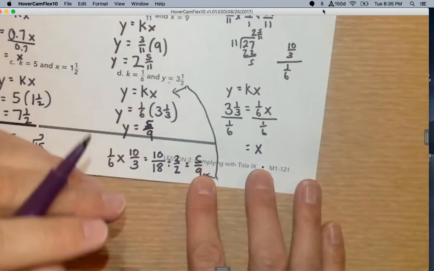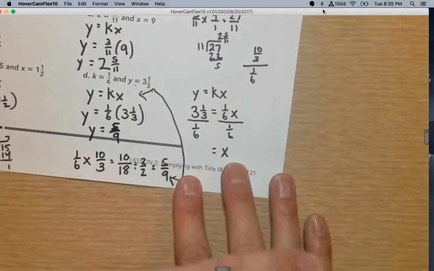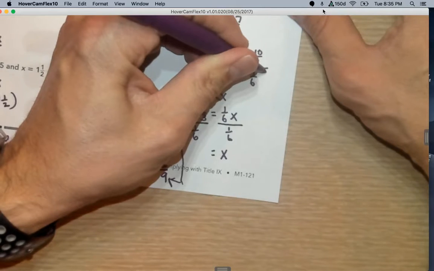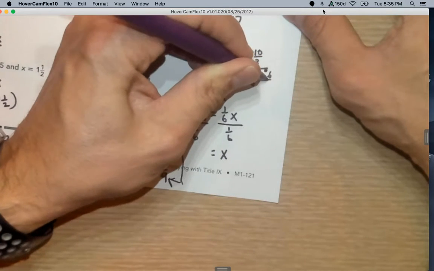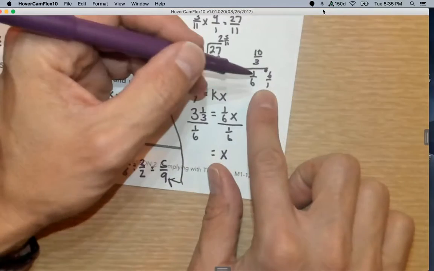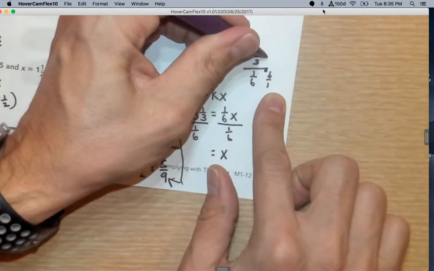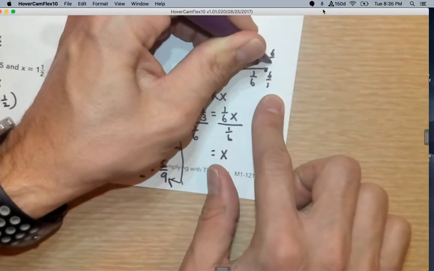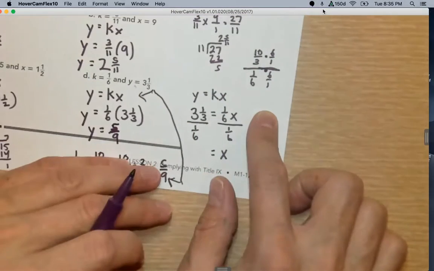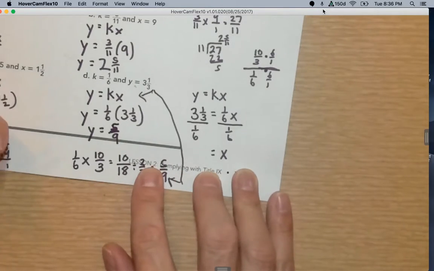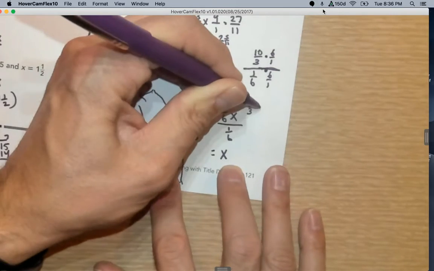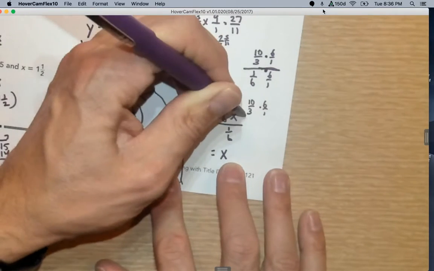Now, I want to show you why when I divide fractions, I multiply by the reciprocal. So I want to times both sides by 6 over 1 because I want 1 on the bottom here. I want to get rid of this crazy fraction. And if I multiply this part by 6 over 1, I also have to multiply this part by 6 over 1 to keep everything balanced. Whenever I do the top part of this, I do the same thing to the bottom part when I'm making equivalent ratios. When I do that, I get the problem of 10/3 times 6 over 1 all over 6 over